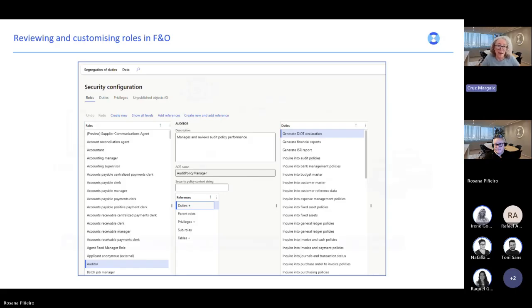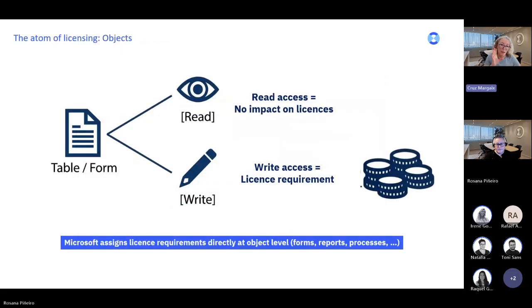So, talking about licenses and the relationship with security. Again, when determining a license, the lowest level is the object, again the form, the report, the process.